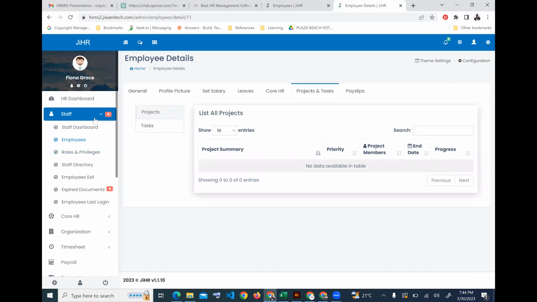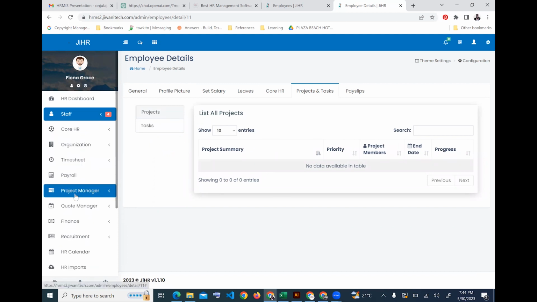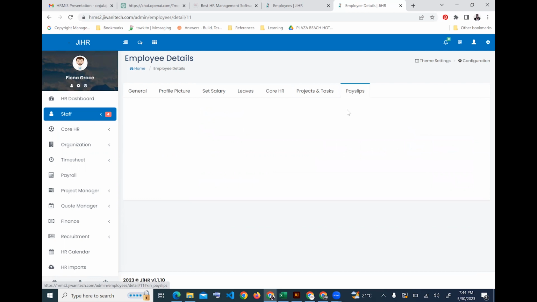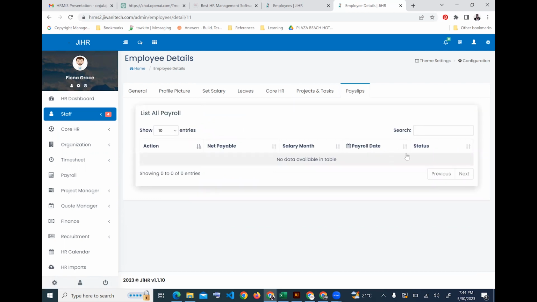That is, if you will be using this particular feature here, which is the project management module, the tasks and projects that have been allocated to this particular employee. And then also we'll be able to see the pay slips. So all this information can also be availed, but in a restricted mode of the employee's profile, so that even